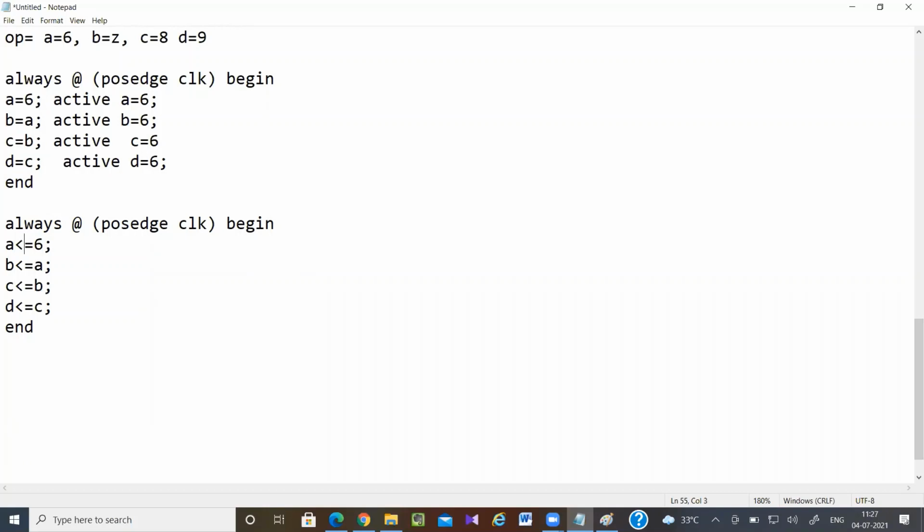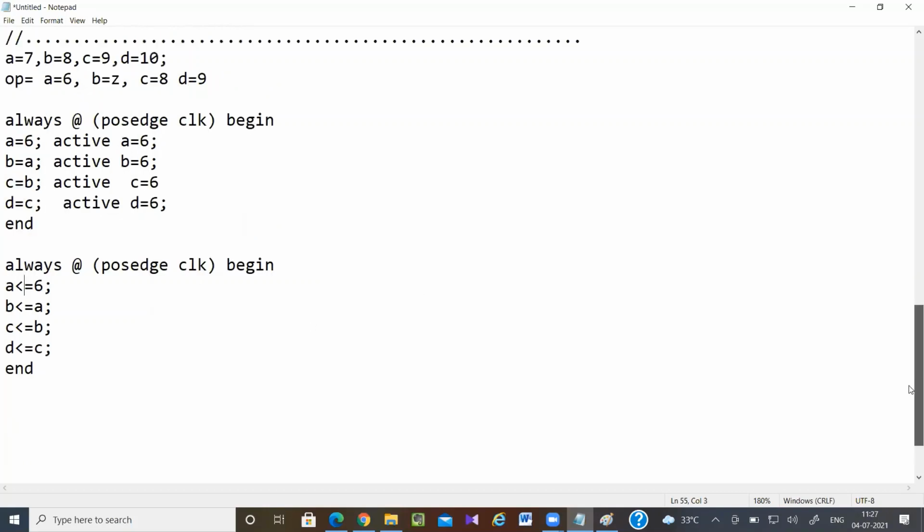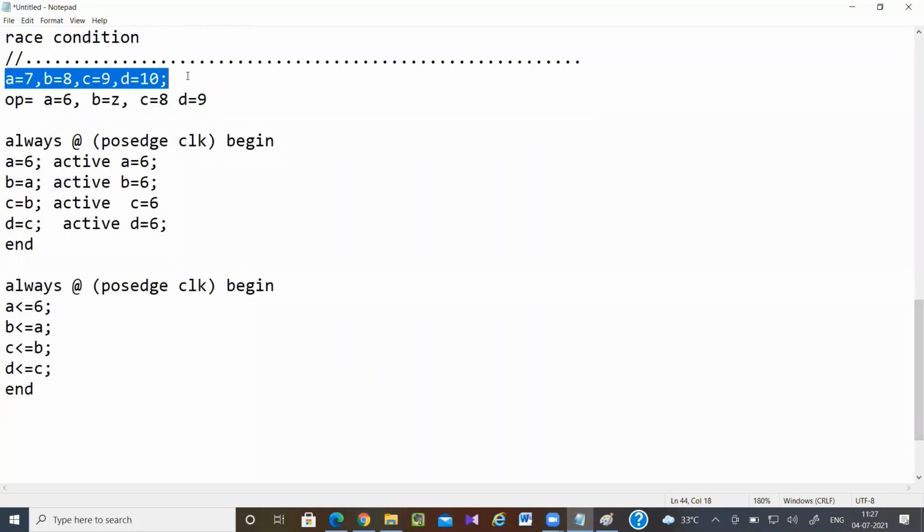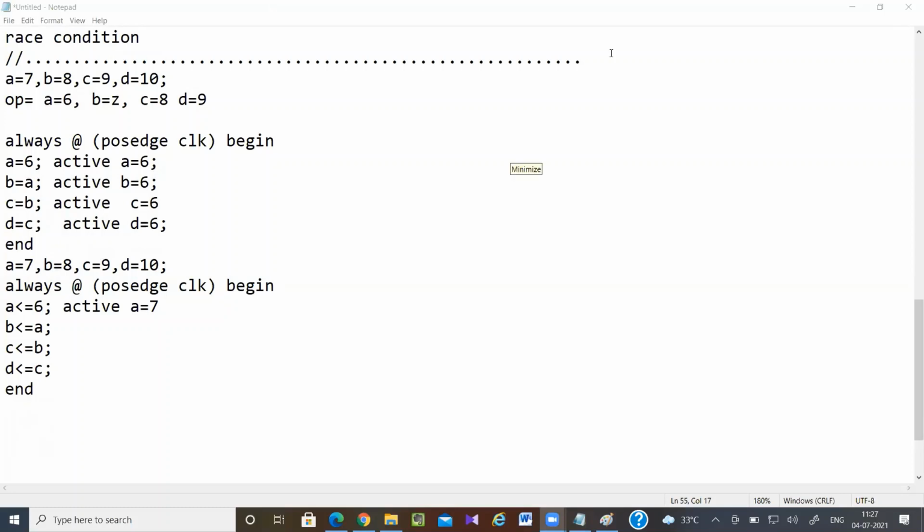Okay. So here in the active region, what is the A value? Let me write this. This is my initial value. Initial value you can think of as in the active region. So in the active region, what is the A value? 7. 7. See, some other students, try to answer these things. Anyone? See, you can try. Even if you are saying wrong, it is not an issue, but at least try to answer. Any other student, please?